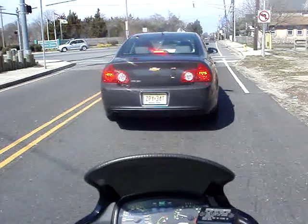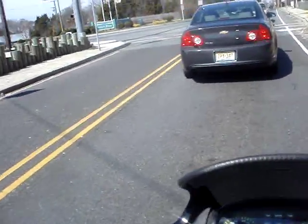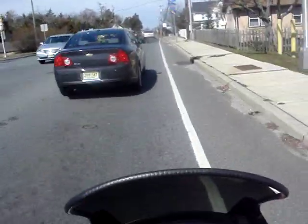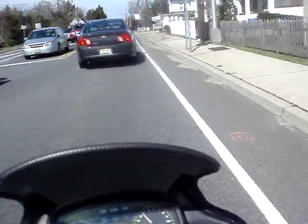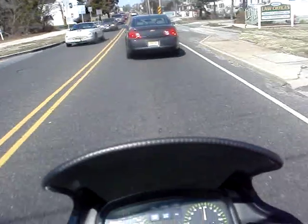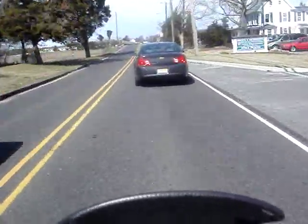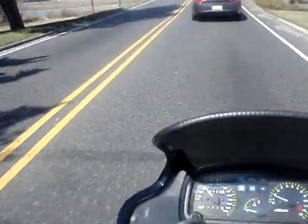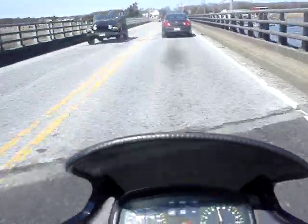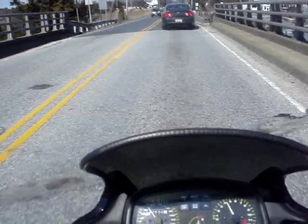Anything over 7,000 revs, the back end starts to twitch a little bit, like it starts to wiggle. Presumably because there's no baffle in the muffler, that's what's giving it the harsh sound, you know? So, it's a little funky. And to be honest with you, the clutch lever is hurting my middle finger. I don't know if I'm just grabbing it weird or what, but...